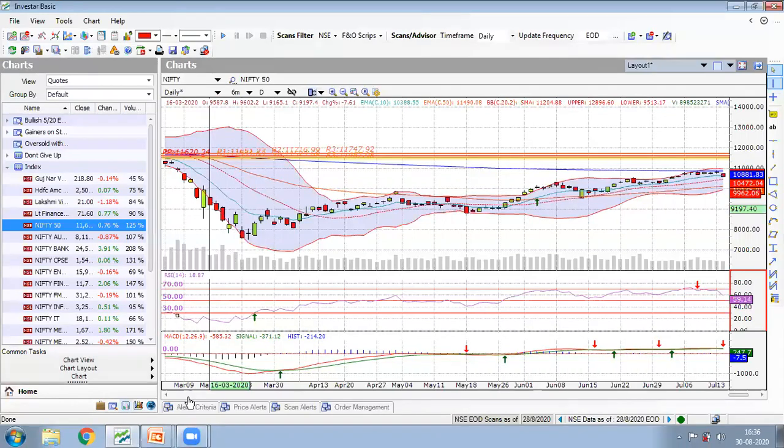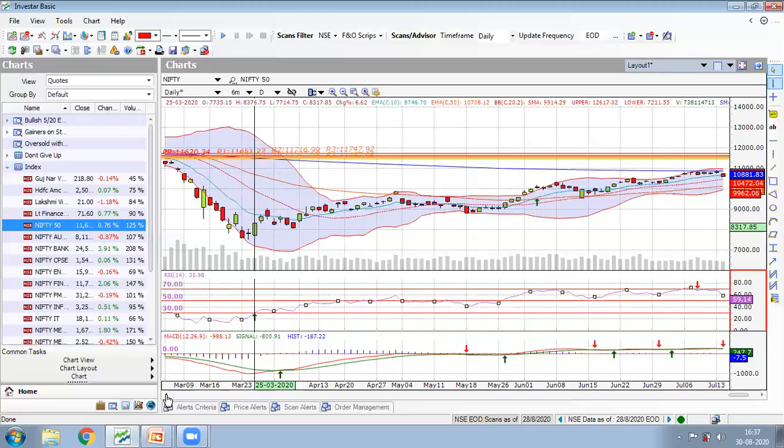But let me show you something. Let me go a tad back. Before doing that, if you see, you have got a buy signal here at 8317. This is the daily chart of Nifty, and on the 25th of March it closed at 8317, and that level was never seen since then. So that is how powerful the RSI is. It sometimes gives you the exact bottom, but not every time.